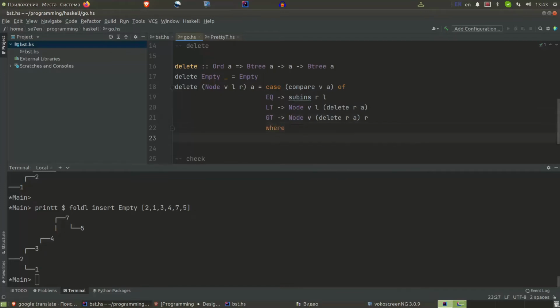And let's start from the simplest case. Sub-ins empty. When our right subtree, in this example which we talk about, if this right subtree was empty, that means that we just create our left subtree as it is. And if our right subtree is not empty, this means that we need to move to the left,